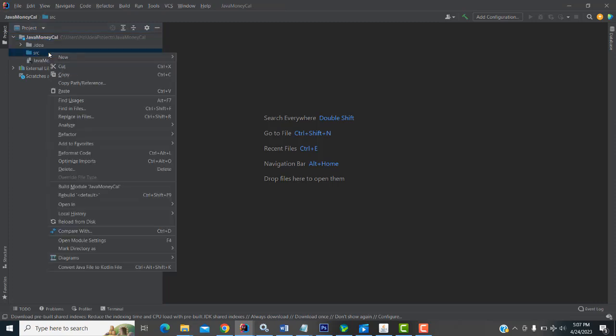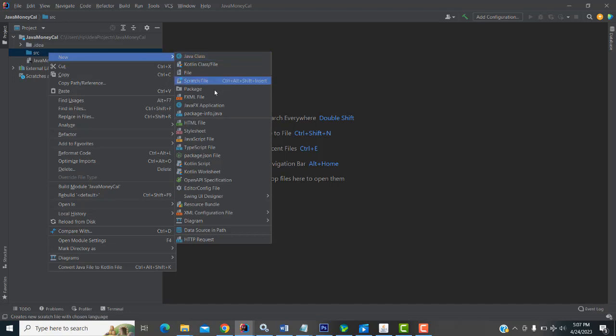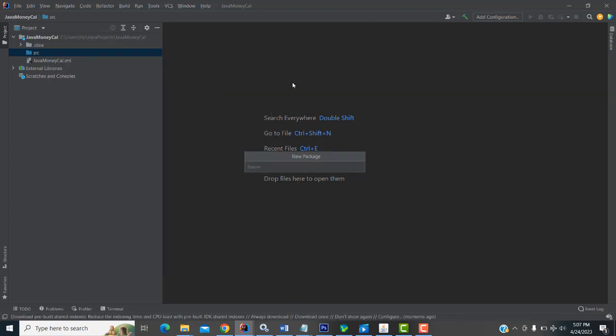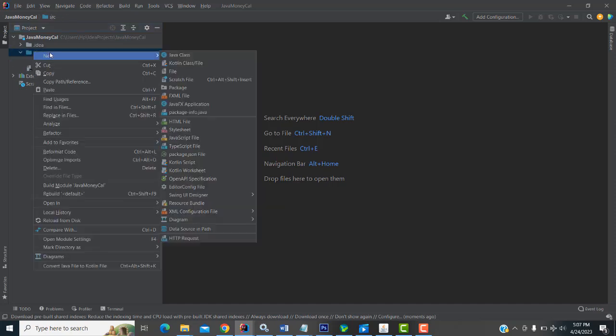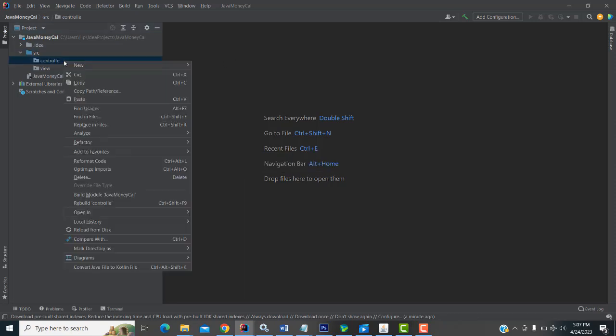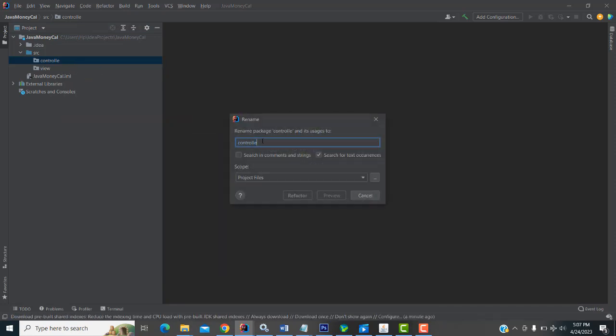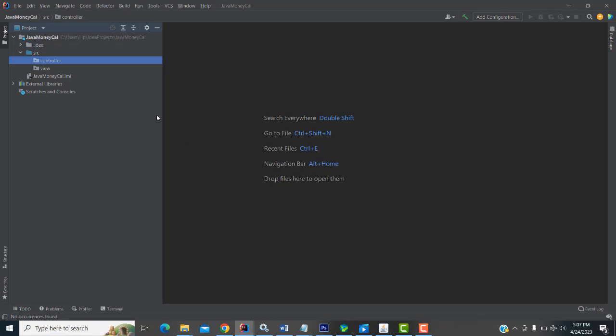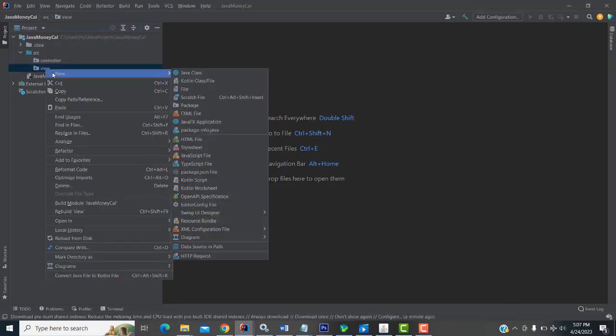Here I'm going to create two different folders. First package I'm going to create as view, so model view architecture. Second package I'm going to create as controller. Right click, new, or refactor. View, select the view folder, new